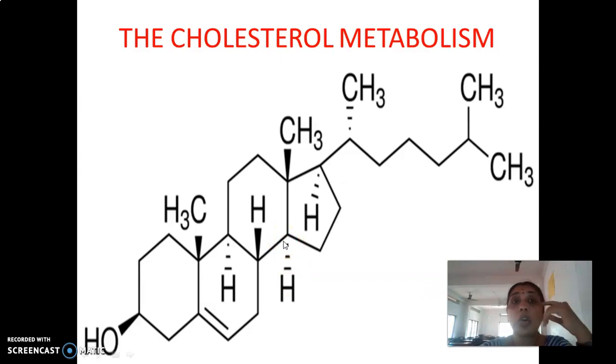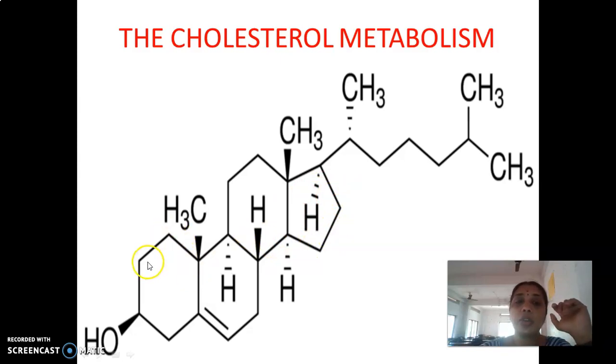What do you mean by an aromatic compound? That is, one which has the benzene ring system. So it does not have a benzene ring system; it has simply 6-membered carbon atoms in the form of rings, right? So the first 3 rings are 6-membered ring systems, while the D ring is a 5-membered ring system,